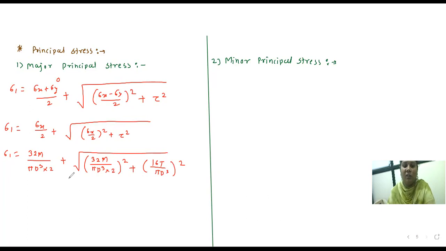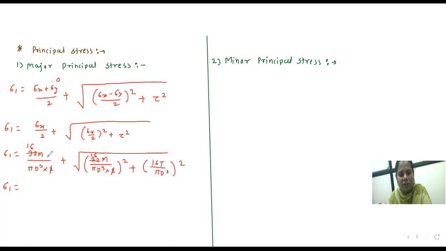Now you observe this equation and you tell me which we will take common from that. Sigma 1, which is equal to, what can we take common from this? Here 2 1s are 2, 2 6 are 12. So now you tell me from this which term we will take common.